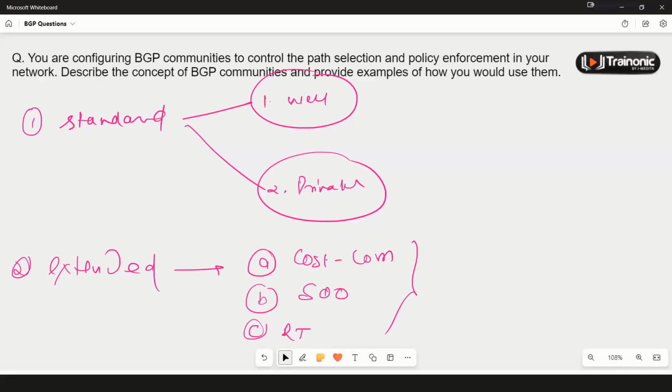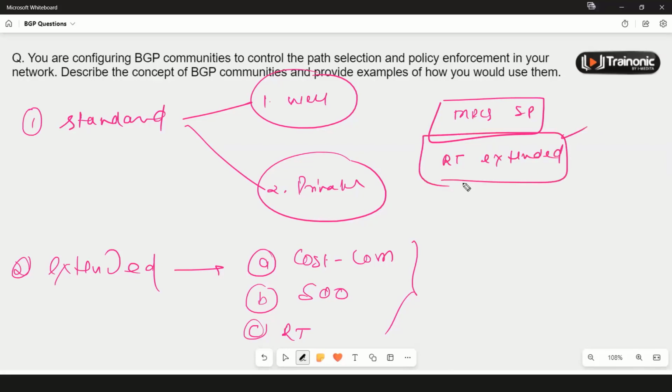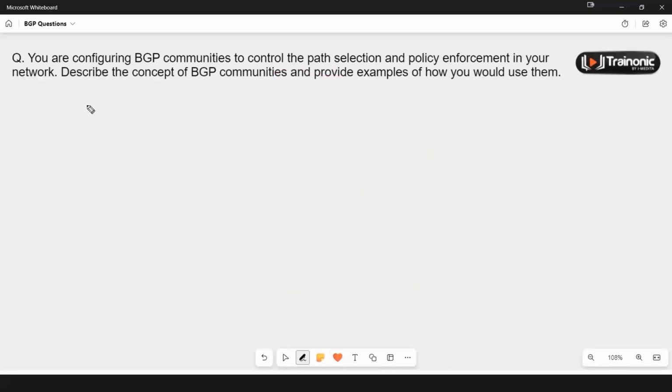For example, when we use BGP in an MPLS service provider environment, we will notice that the route target extended community will automatically get added. Similar to that, when we configure BGP in our SD-WAN environment, we will notice that the site of origin community will be added automatically. The point is, BGP can add these extended communities automatically, or we can also add the communities as per our requirement. BGP supports a lot of extended communities as well,